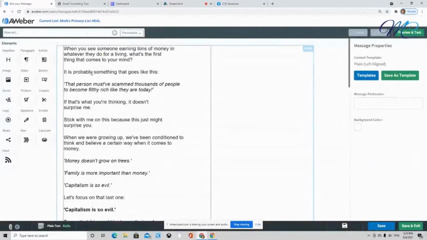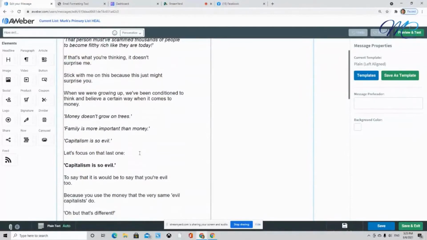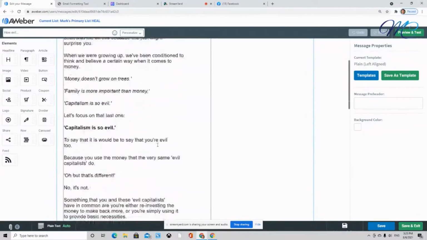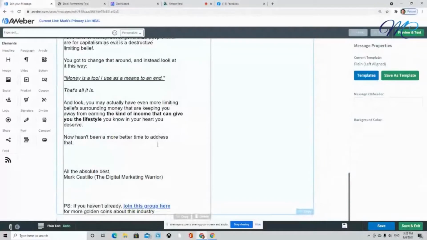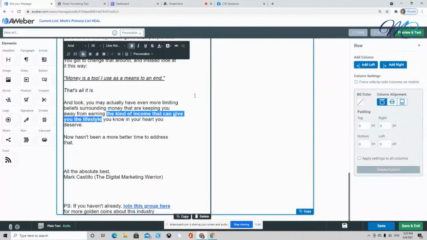Then what you want to do is obviously write out the email that you want to send out to your list the following day first, and select the text that you desire to hyperlink. In this instance, I decided to hyperlink this bolded text right over here. And then what you do from here